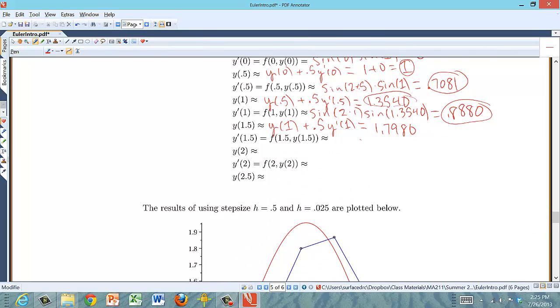If you calculate y prime at time 1.5, again, you just plug in 1.5 and y of 1.5 into the ODE, and you'll get sine of 3 times sine of 1.7980, and that is 0.1375. Once you have the derivative, again, now you can calculate y at time 2. That's y at 1.5 plus 0.5 times y prime at 1.5. If you calculate that, that's